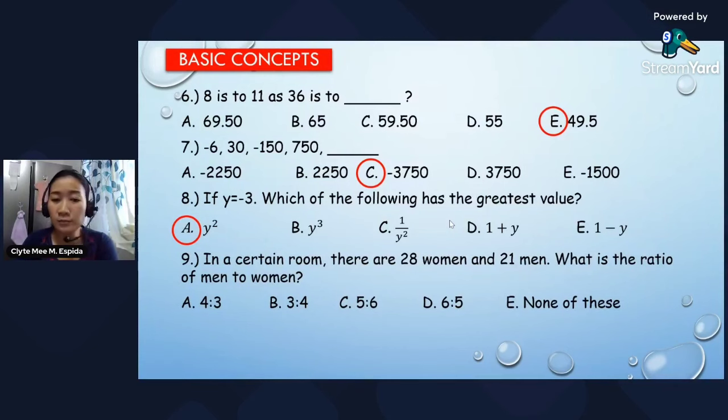In a certain room, there are 28 women and 21 men. What is the ratio of men to women? Okay, so comment down your answer for number 9, and the letter of your answer. Okay, let's have number 9. The answer